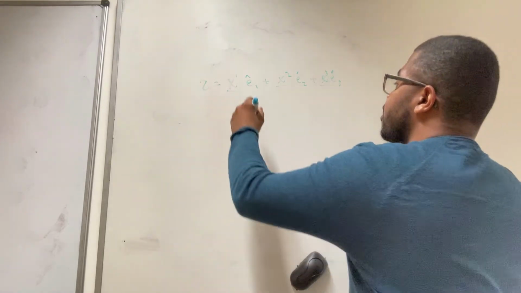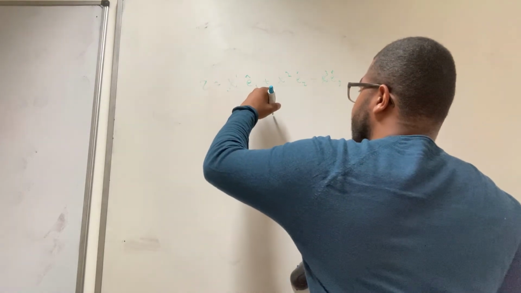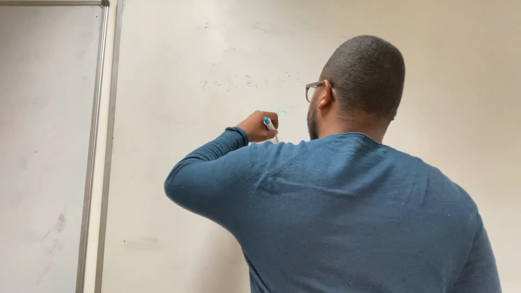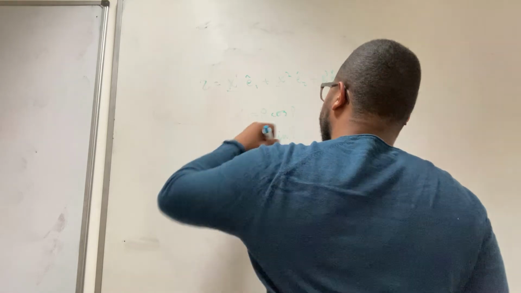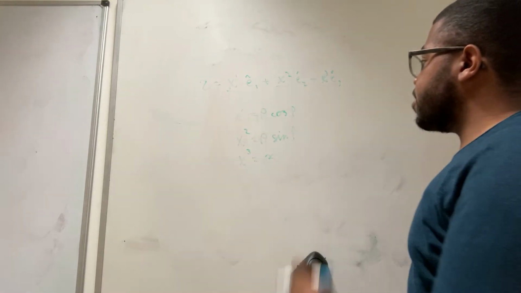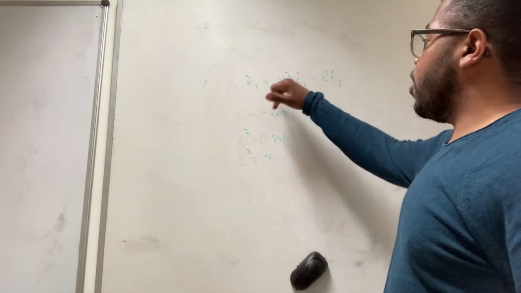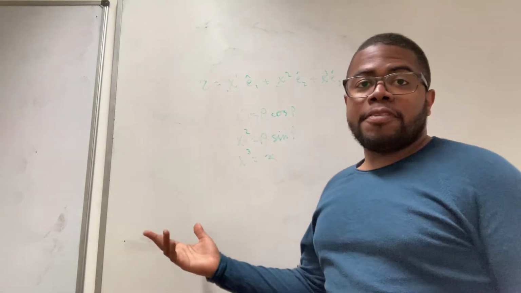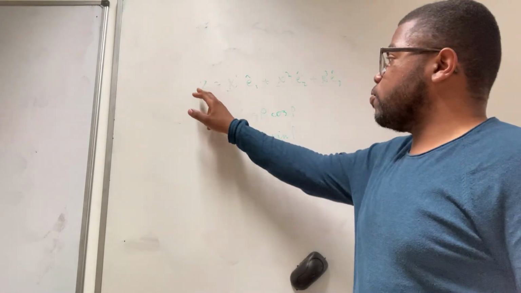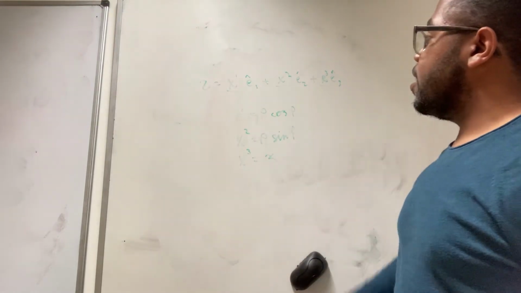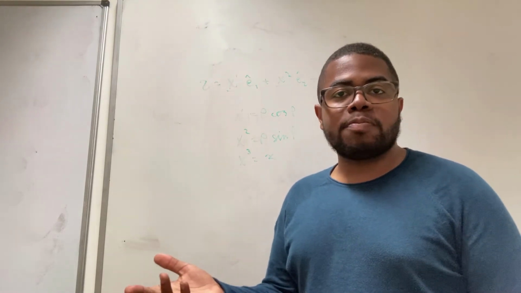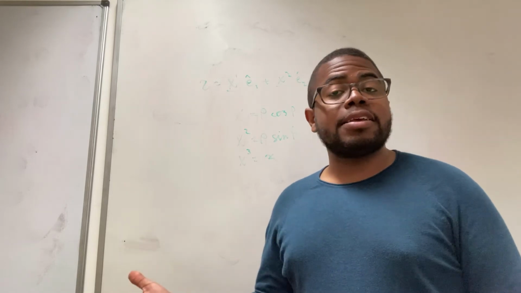So if you remember, x1 was rho cosine of phi, x2 was rho sine of phi, and x3 was just equal to z. If you plug these in, you can then find the displacement vector, which would just be the derivative of this. And if you have that, you can find the magnitude of that displacement vector, which should then give you the